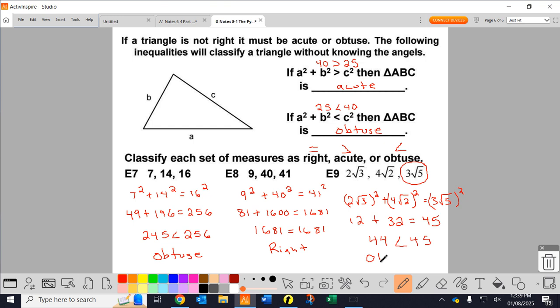If it said 45 is greater than 44, what would it be? Acute. Now, we didn't have one like that, so I want to just show you what it looks like if it was going to be acute. Anybody have any concerns, questions, anything about it? Okay, guys, you already have the assignment because when we cleaned out folders, I went ahead and gave you the